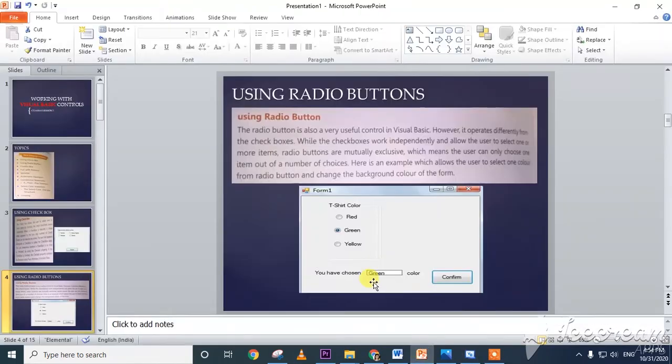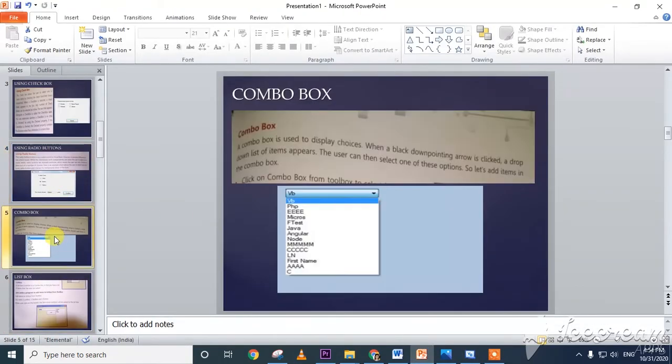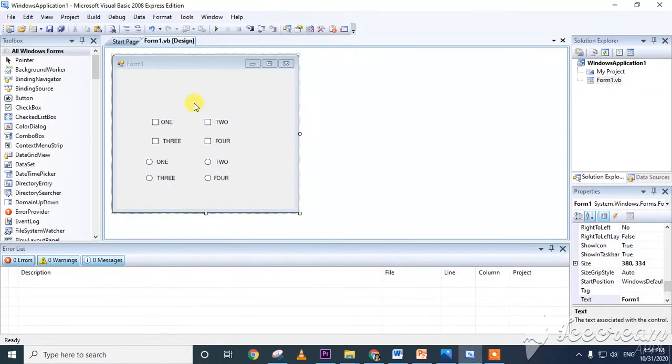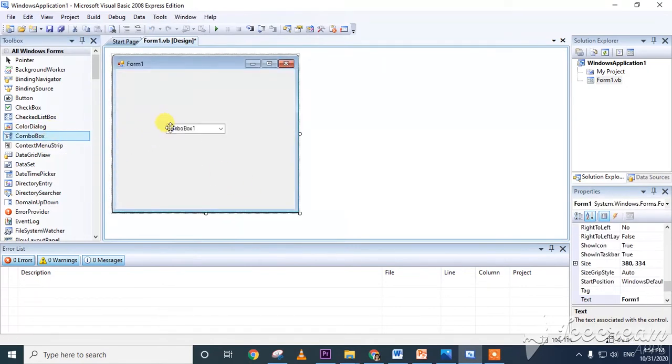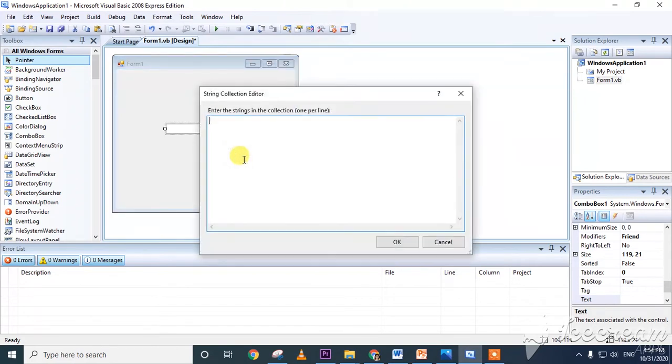Next one is combo box. Let's go for the combo box. Deleting this: select all and press the delete button. See, this is the combo box. Here a small arrow is there: Edit Items, and write the entries like 1, 2, 3, 4, 5, 6, 7.